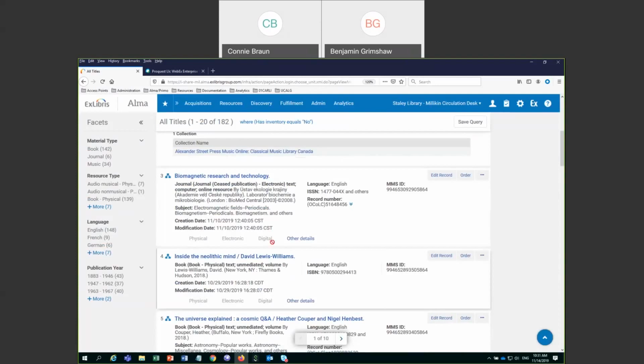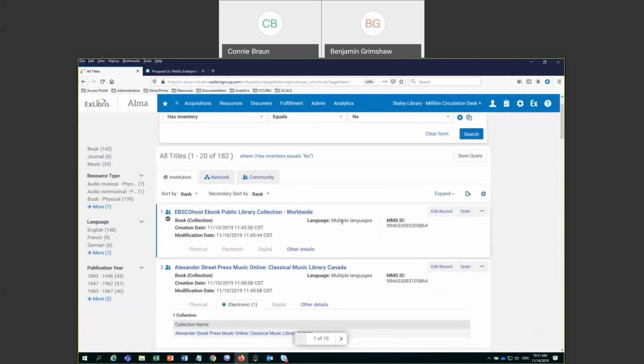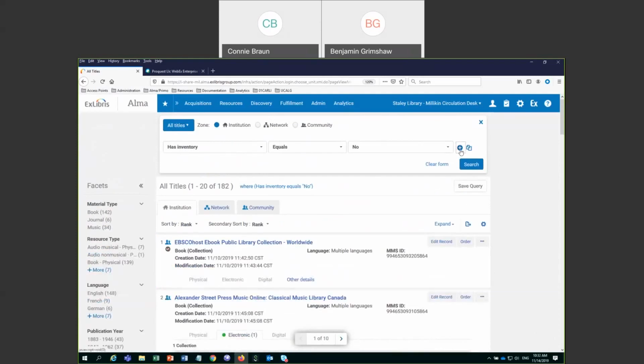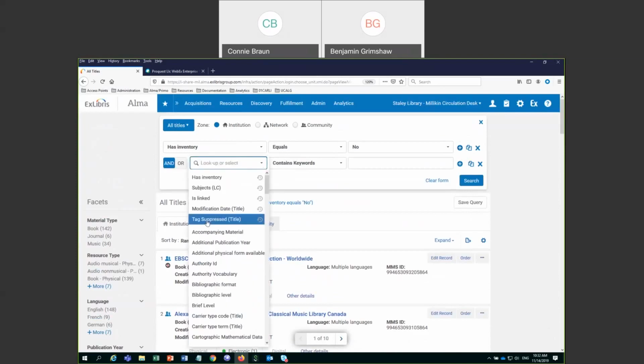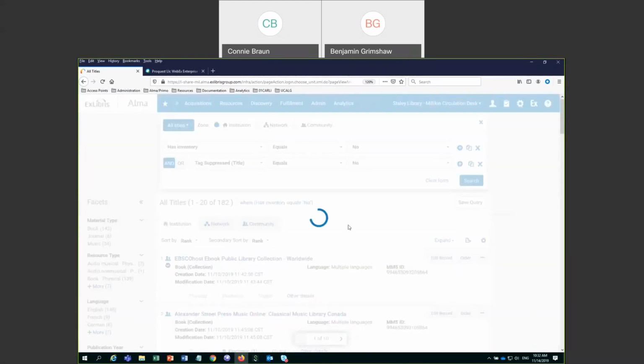And so one of the things we would want to do in this particular case is identify records that are also not suppressed from discovery. And I'm going to do that by adding in this entry here, tag suppressed title. So tag suppressed title means that we're doing this at the bibliographic level. So now I've constructed a Boolean search that says, we have bib records without any inventory and they are exposed to discovery. So I perform that search